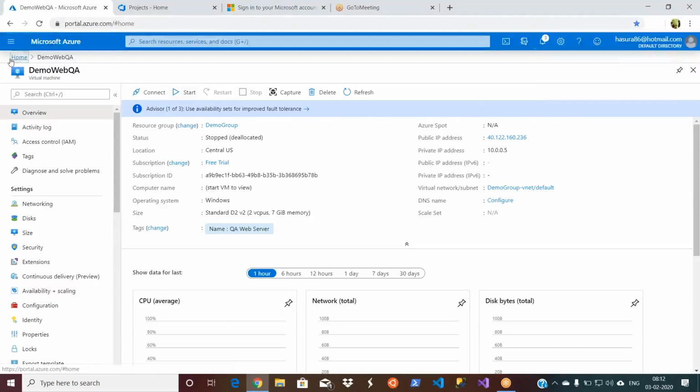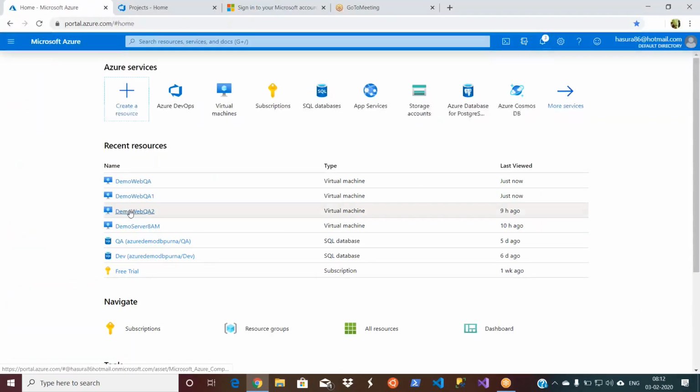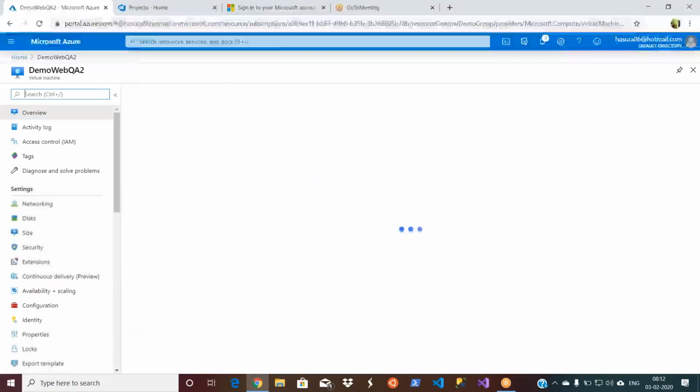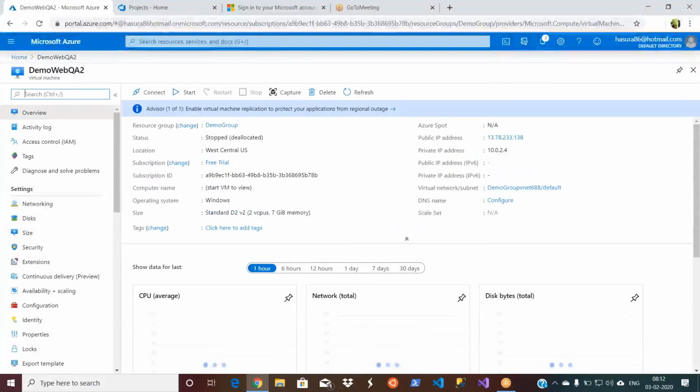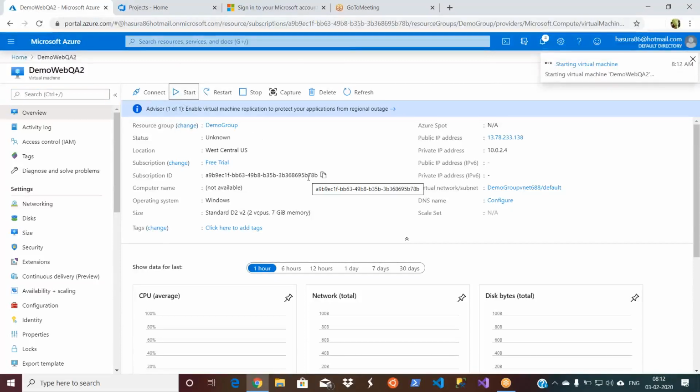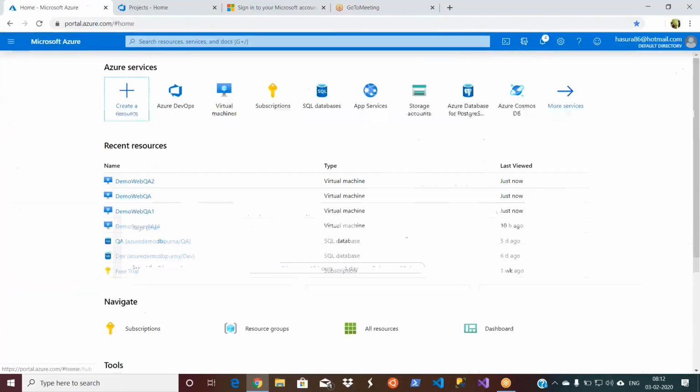Then let's go and start demo web QA. So this will cover working with multiple servers in a single release. Okay, let's start it. It may take a couple of minutes.